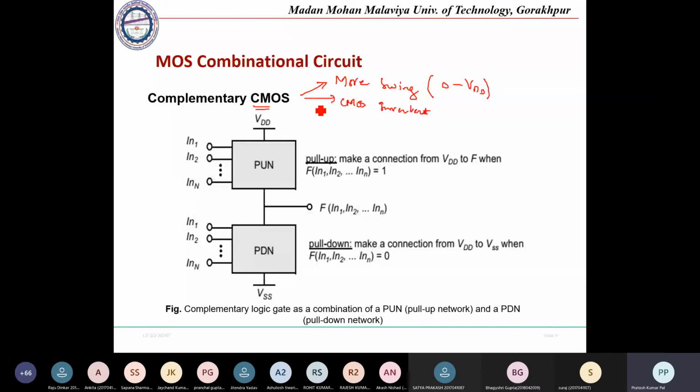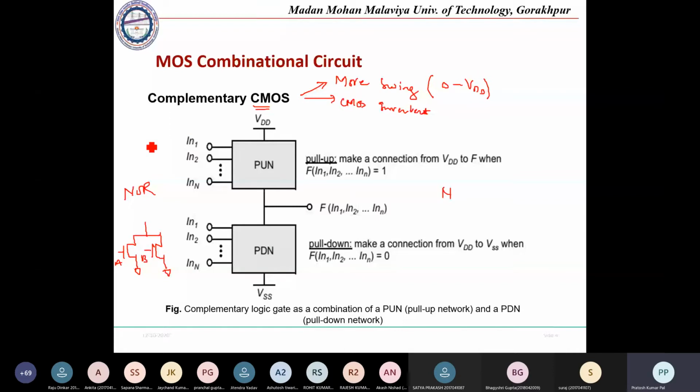Suppose a logic can be implemented by using n number of transistors. So this pull down network or pull up network should be implementing, suppose we are implementing a NOR gate. So to implement a NOR gate, this pull down network will be having that combination of transistors, two transistors in the parallel. Okay, this is A and this is B. Okay, and this will be the pull down network.